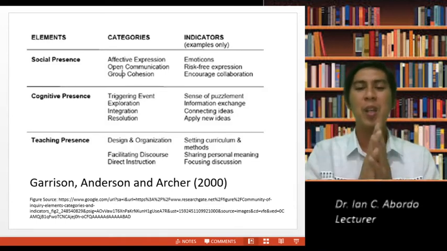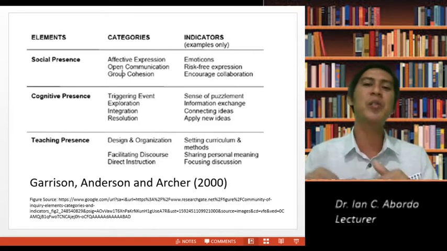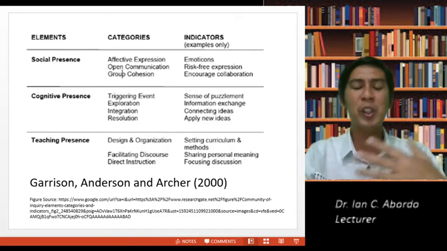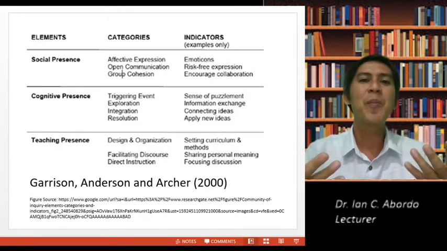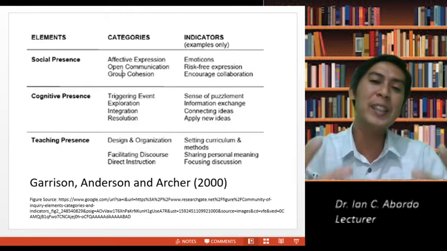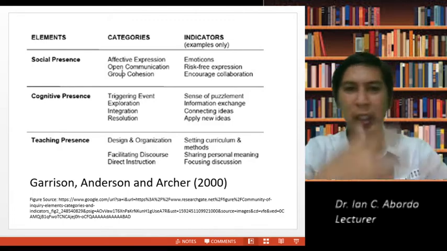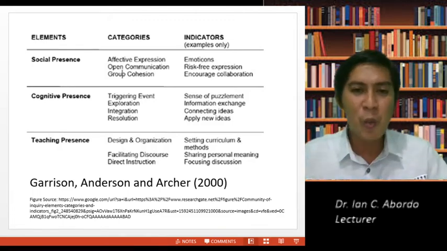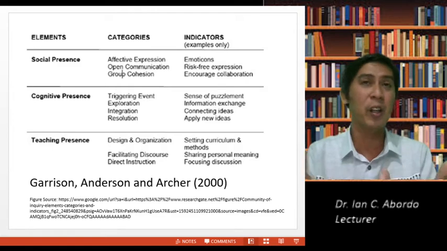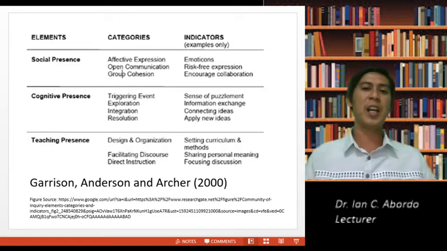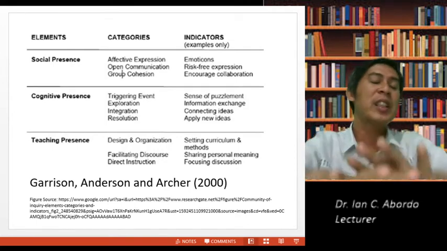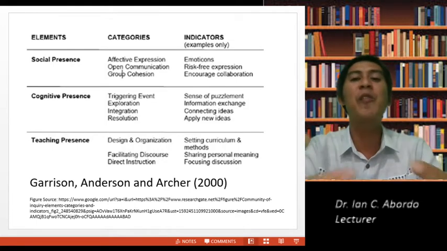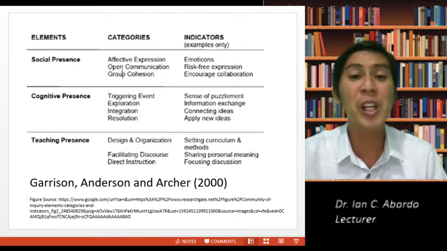If you have a discussion board there for some issues, you encourage collaboration. So even in an online environment, the affective expression and open communication should be encouraged. Group cohesion: imagine you are not physically present, but inside the Zoom, or inside the LMS, all of you can feel each one's presence.